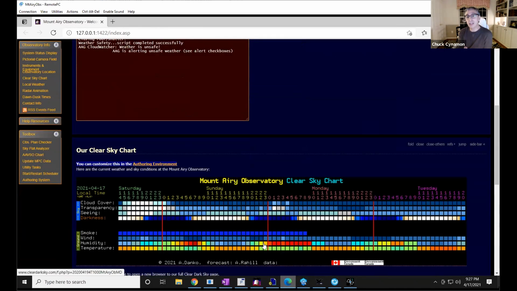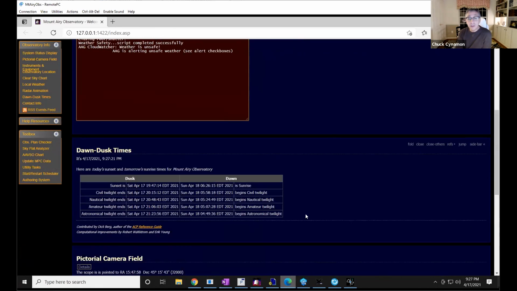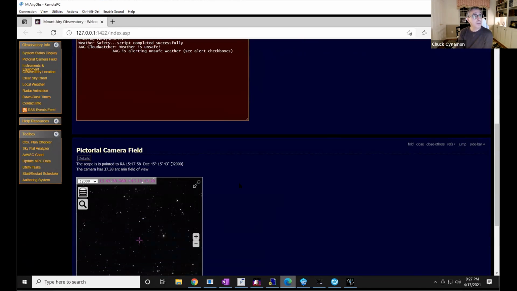And there's a lot of other things that you can look at here. I don't know if you guys have seen these kinds of charts before, the clear dark sky. The folks up there, Environment Canada, were very nice to build one for my observatory, so I can see what the skies are going to look like. I can look at dawn and dusk times. The scheduler will not start until at least nautical twilight ends, which tonight right here was 8:48 p.m. So I can always know when that's going to happen.